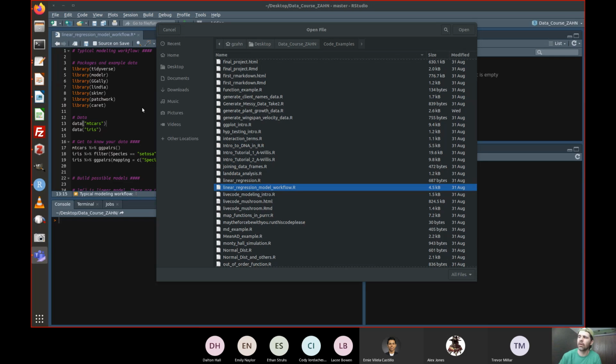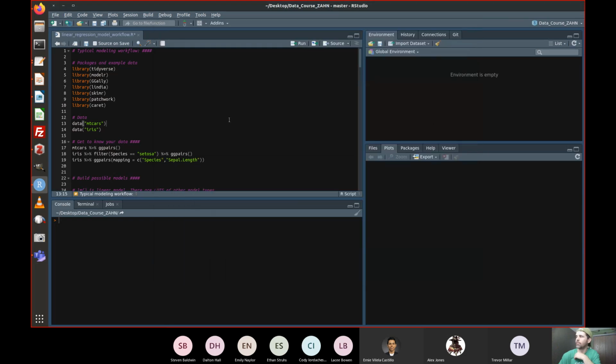Now you'll see a couple new packages that we haven't used before. We've used Tidyverse, and last time I introduced you to Modeler. Today we're going to use GGally, Lindia, Skimr, Patchwork, and Caret with an ET. Once you get this loaded up, go over to Packages, Install,